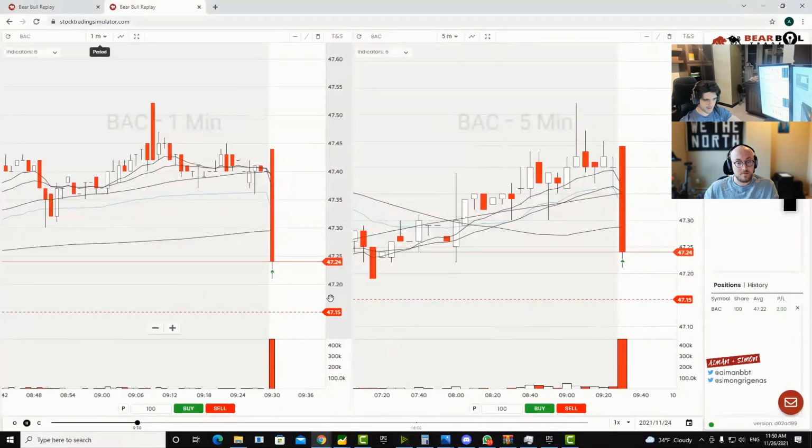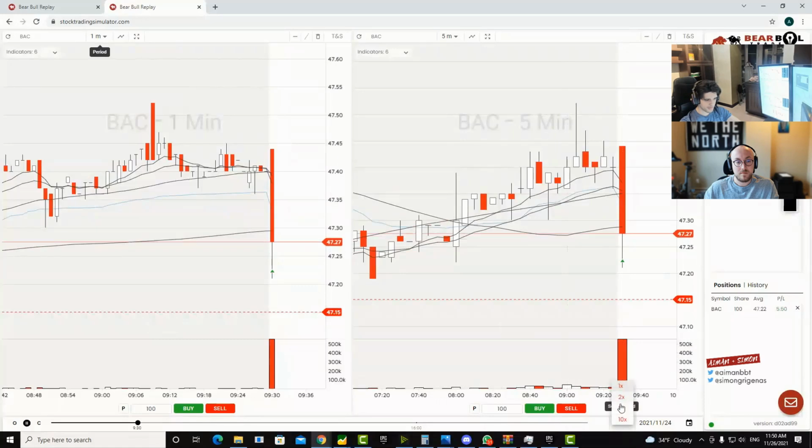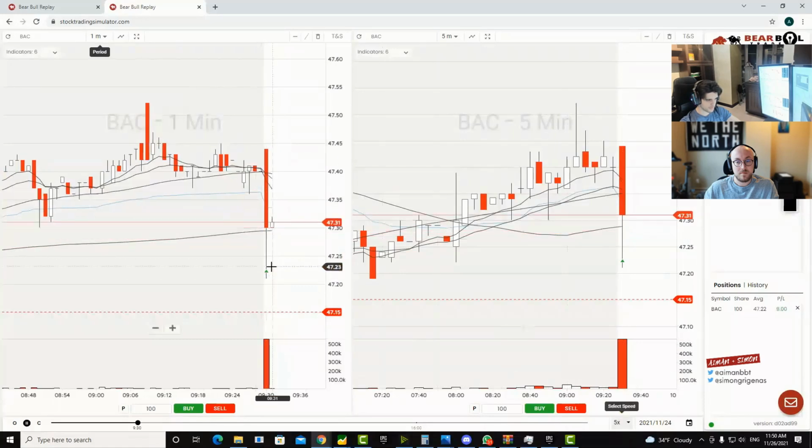Now I do not enter at 7 cents of the stop loss on all the stocks. I'm definitely not going to enter at 7 cents above the stop loss on Tesla, right? And I'm not going to enter at 7 cents above the stop loss on Microsoft, because the ATR on those stocks is bigger. Tesla, I think, is around $50 ATR on the daily chart. So I'll usually be entering somewhere around $2 maybe above the stop loss, to maximum $3 above the stop loss. On a stock like BAC that doesn't move a lot, that is kind of safe, I'm usually entering as close as possible to the support with a 7%